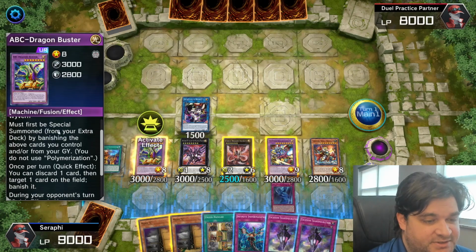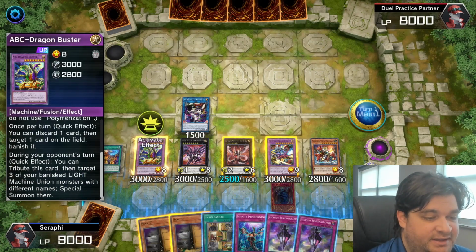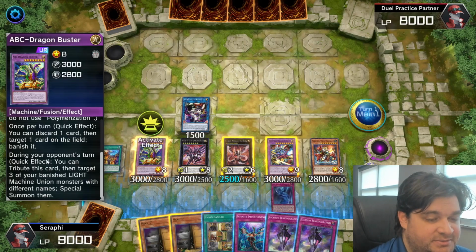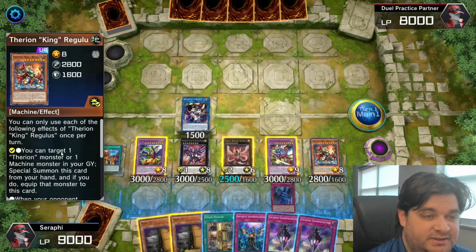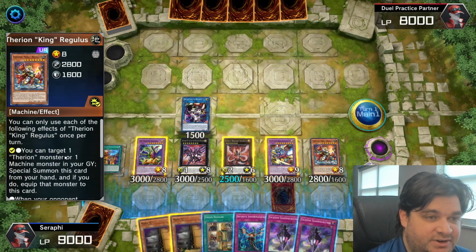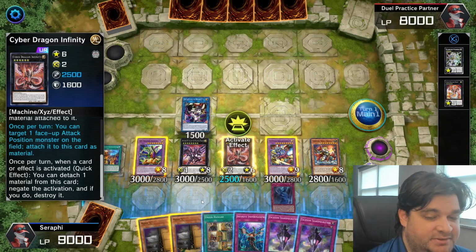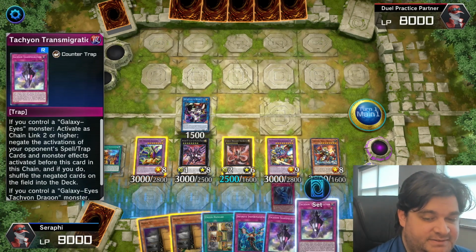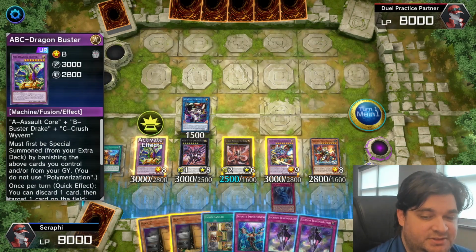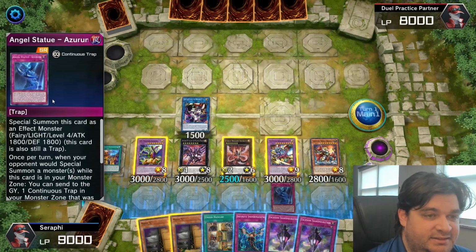And you can ABC Dragon Buster, which is once per turn, as a quick effect, you can discard 1 card on the field and destroy it. And then also during your opponent's turn, as a quick effect, you can tribute this card, target 3 of your banished Light Machine Union monsters and special summon them. Tachyon King Regulus, which can send itself to the graveyard to negate any card. And Cyber Dragon Infinity, which is also an Omni Negate. So that's 1, 2, 3, 4 Omni Negates, along with 2 destruction effects, spell and trap destruction, and the statue,